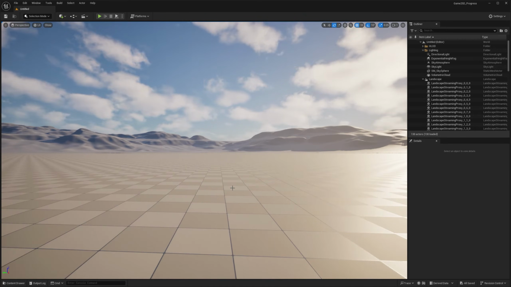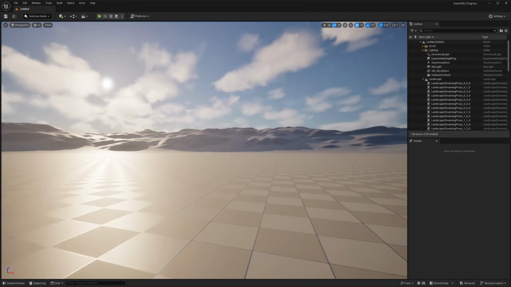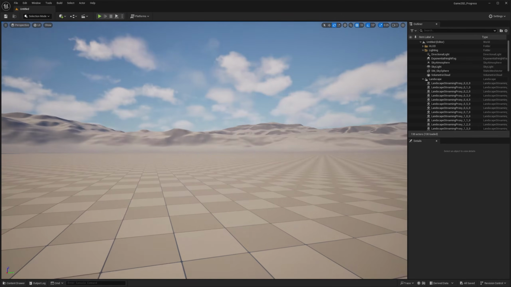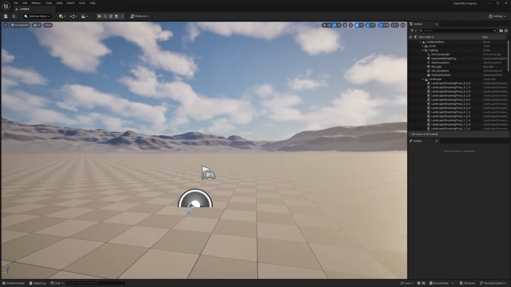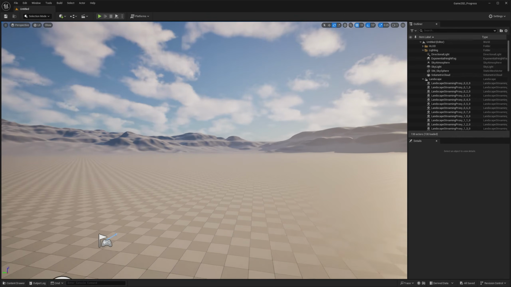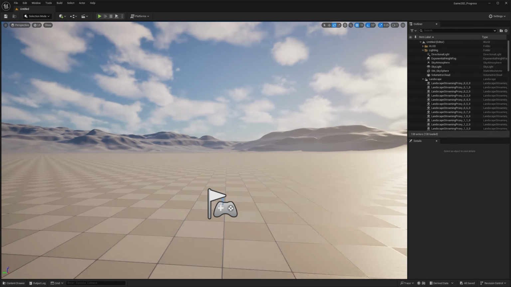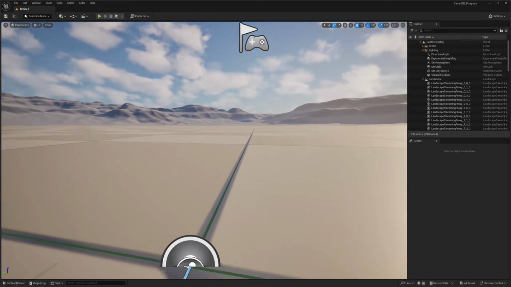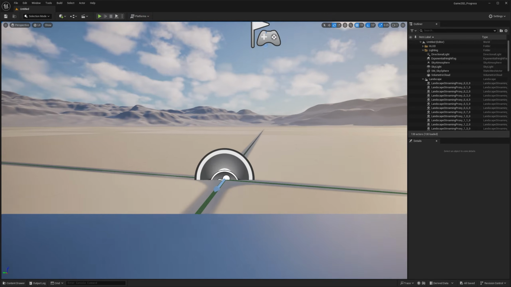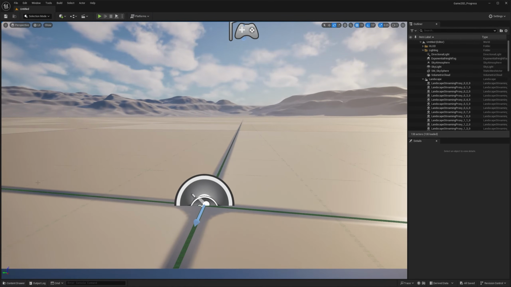Now check this out. If I release the right click and I just hold the left click, I can now push forward and backwards. I'm locked in X and Y now. And if I want to go up, I just need to click with the right click and go up now. Y and Z. The reason why I'm showing you this is because sometimes you want to get very close to something and WASD is just too much. So it's much easier to navigate using just your mouse, holding right and left click together.